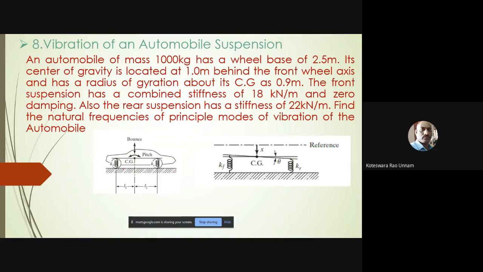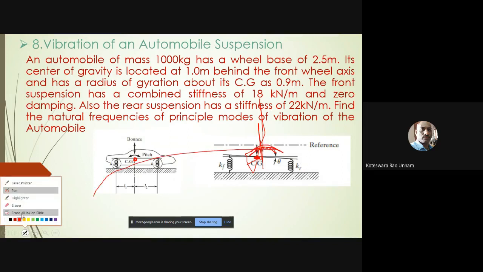We need to calculate that. So this entire car is modeled as a 2-degree-of-freedom system, so that's why we only have two natural frequencies. That's why he said it is bouncing and pitching. So you need to take the centroid. The entire automobile will be modeled as only a point mass, located at the centroid, the CG of the automobile. So this is the point mass. This mass will move vertically up and down, and at the same time it will have a bouncing and pitching motion, something like this.